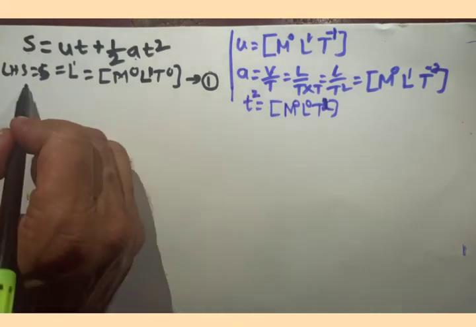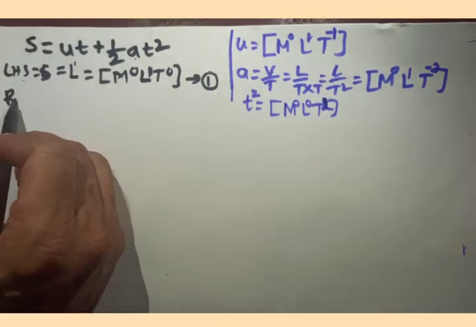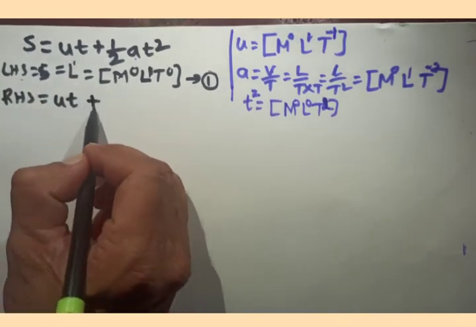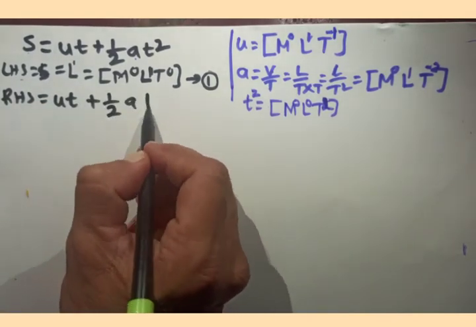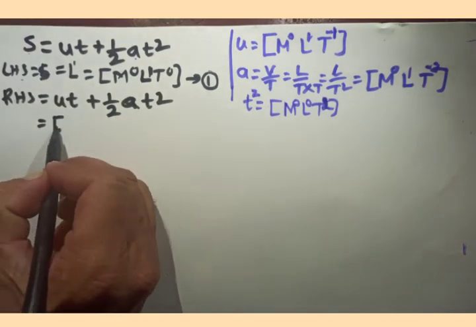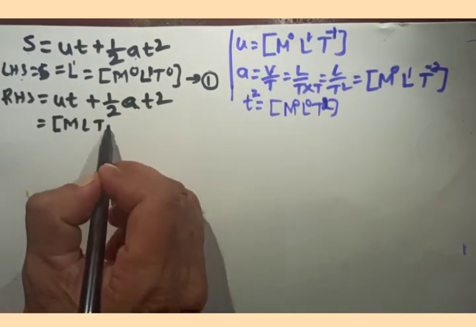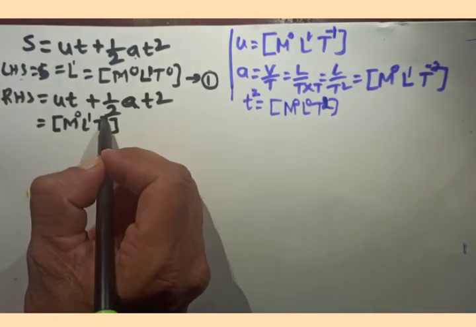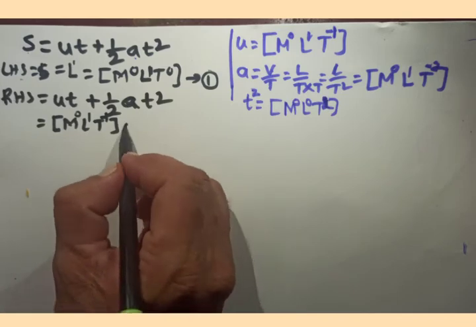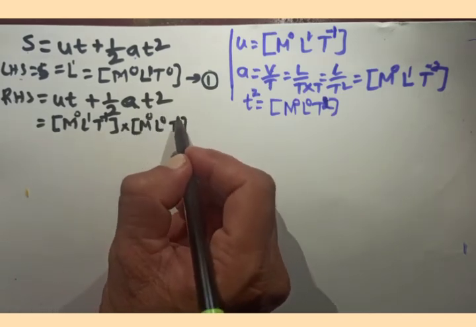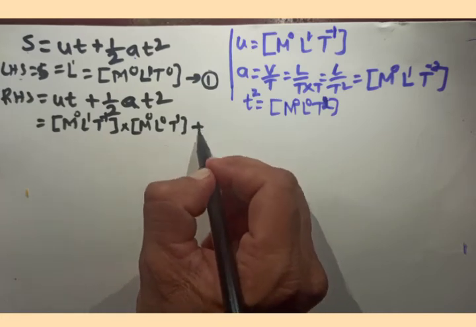So we'll go for the left hand side, we already found. Let's try to find out the right hand side in a quick way. So you have ut plus half a t square. With this understanding, what is the dimension of velocity you already found? You can see from this, it is M0 L1 T raised to -1, into time t. As you know, the dimension of t is very simple, M0 L0 and T raised to plus 1, plus half times